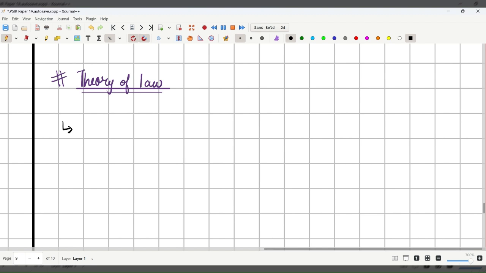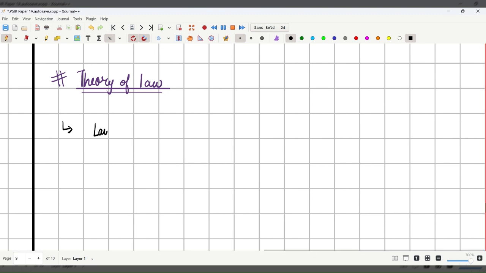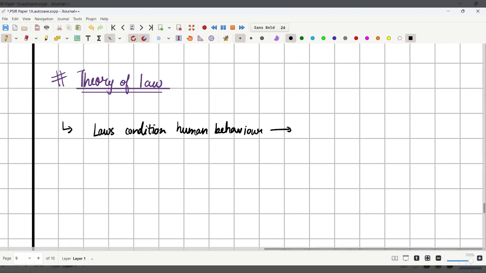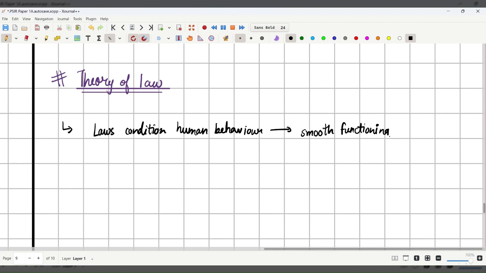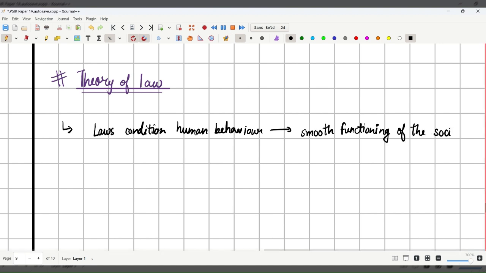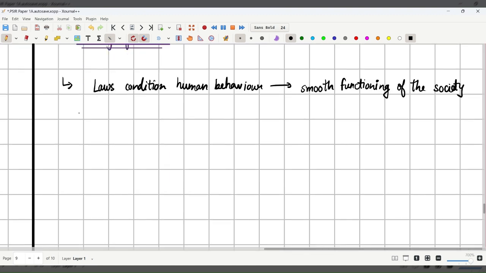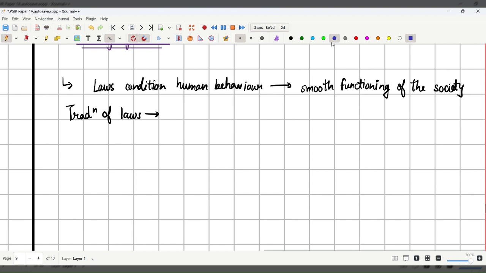So now we are going to read about the theory of law. Basically, laws condition human behavior, and these laws are what lead to the smooth functioning of the society. Then there are many different traditions of law. For example, first is natural law,